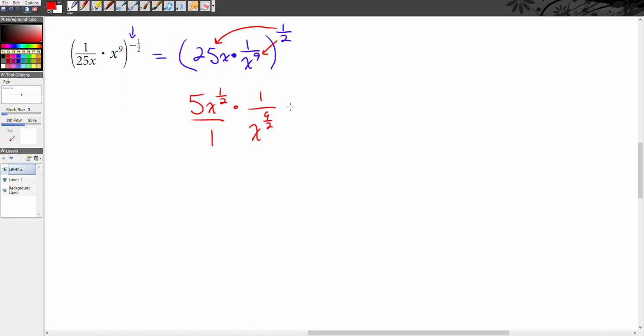Now when I multiply these together, I end up with 5x to the half power over x to the 9 over 2 power. So now what do I do with this? We can remember that when you divide powers that have the same base, you subtract the exponents. So I have here 1/2 minus 9 over 2, and that equals negative 8 over 2, which equals